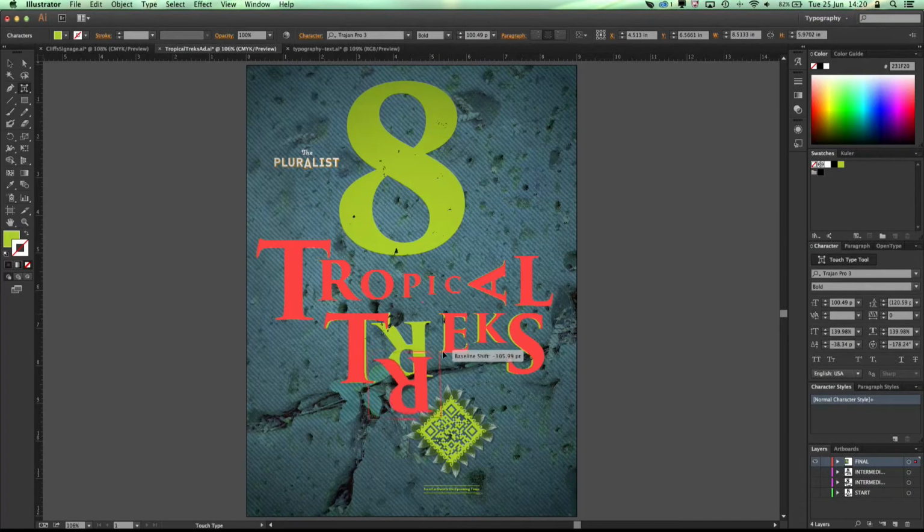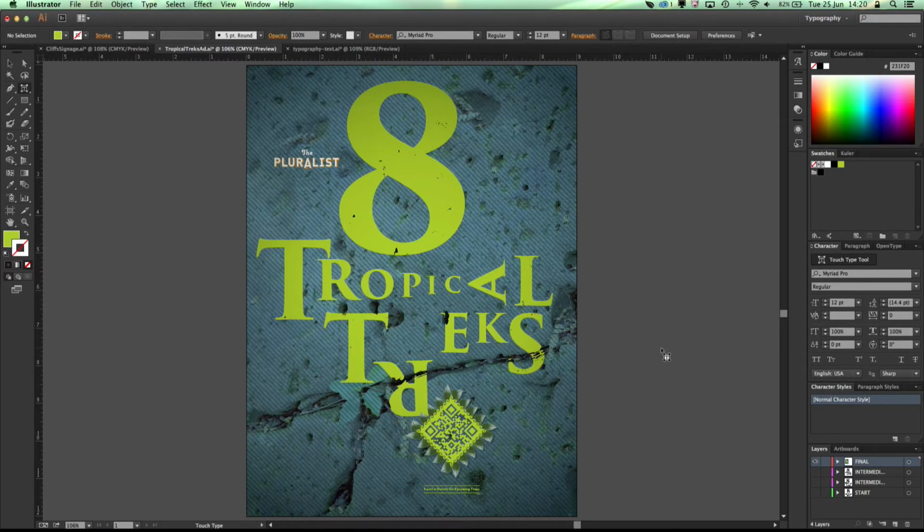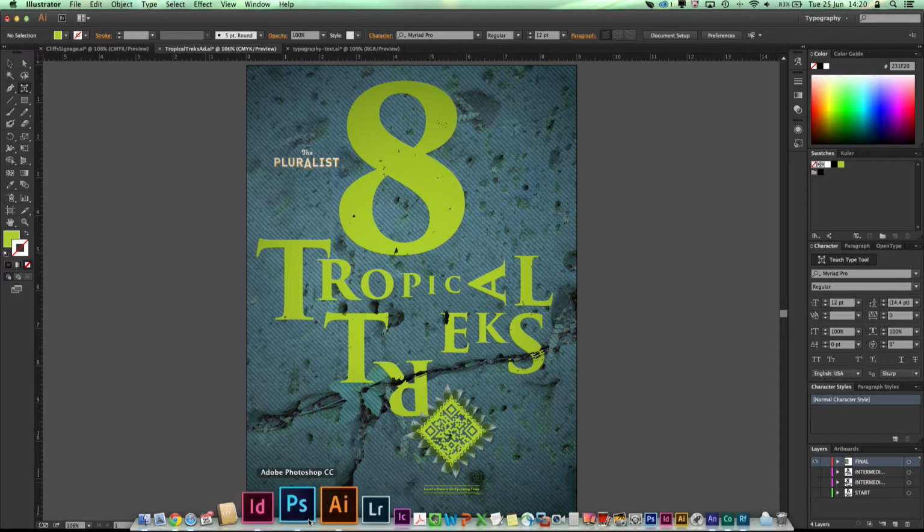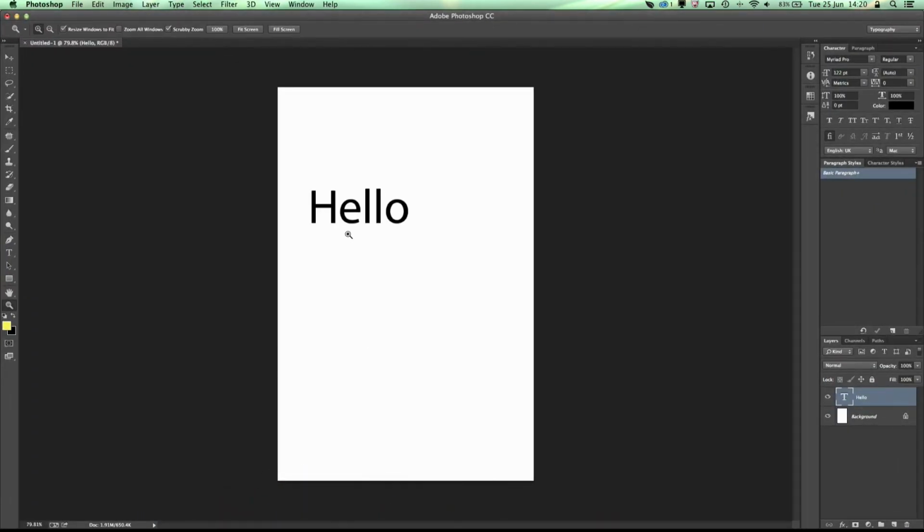So really nice, powerful tools there. Okay, now let's also have a look at another minor change, this time in Photoshop. And this is particularly important for people who are rendering images, using Photoshop to create images, especially around text for